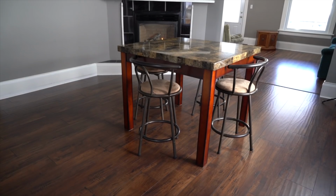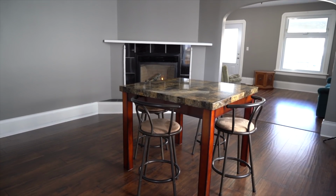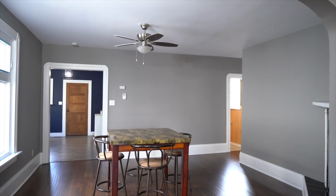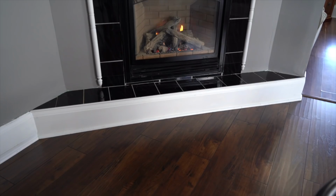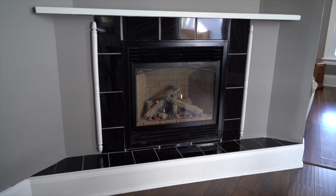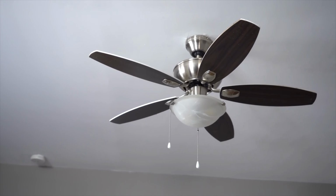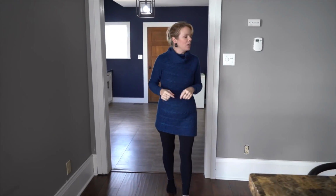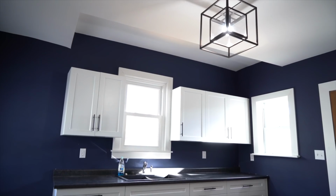This is the dining room. I love that it's open concept. This is such a great, huge space, but he only has this one little teeny tiny table. He got this secondhand too, but this room has this beautiful gas fireplace, which I love. What I don't love in this space is the ceiling fan. We're gonna replace that with a light fixture I found at Goodwill, and then the piece de resistance is the